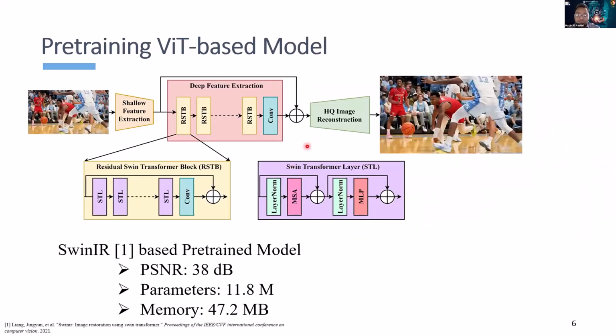This figure illustrates a commonly employed high-level network architecture for image super resolution tasks. It comprises three integral components: a shallow feature extraction module, a deep feature extraction module, and an image reconstruction module. The shallow feature extraction module usually employs a small number of convolutional layers to extract the shallow features containing essential